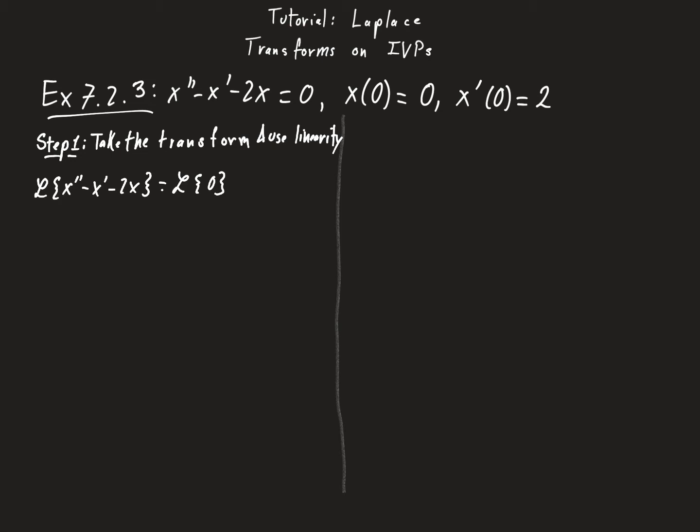And this Laplace transform on the left-hand side can be split up using linearity. So this gives us that the Laplace transform of x double prime minus the Laplace transform of x prime minus 2 times the Laplace transform of x is equal to 0. All right, we've completed step 1. Step 2